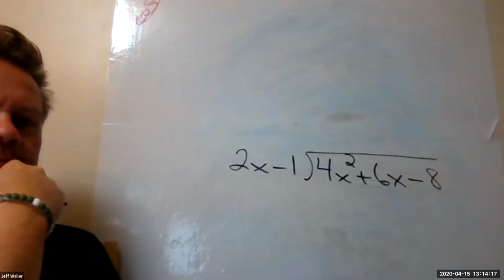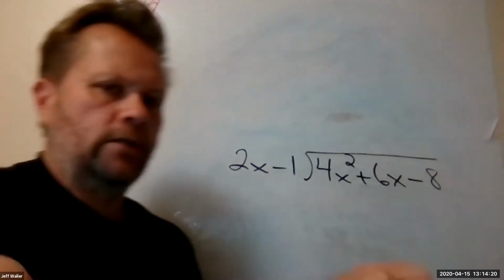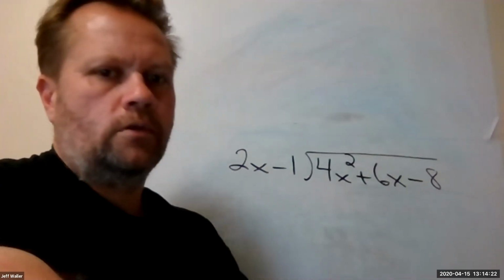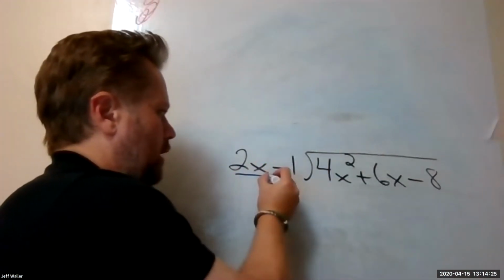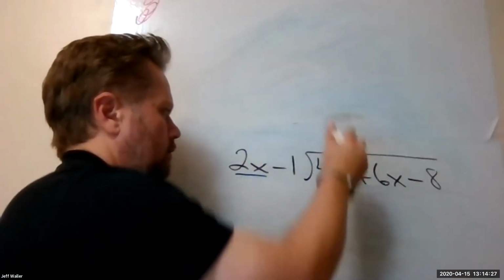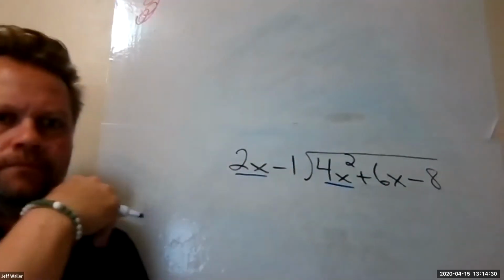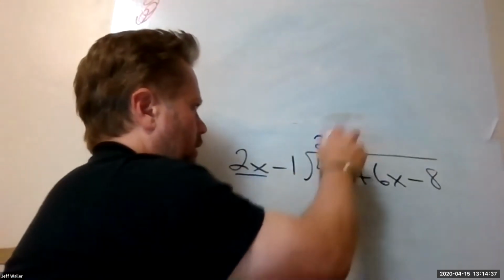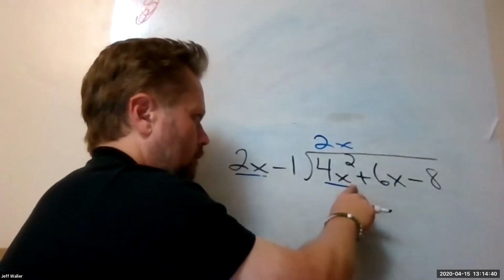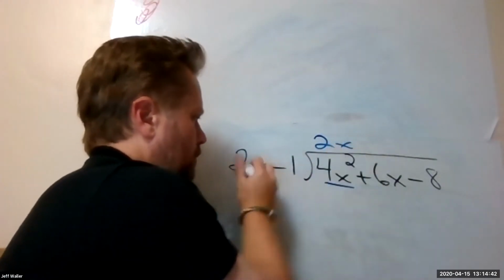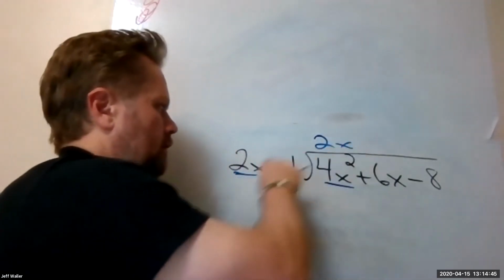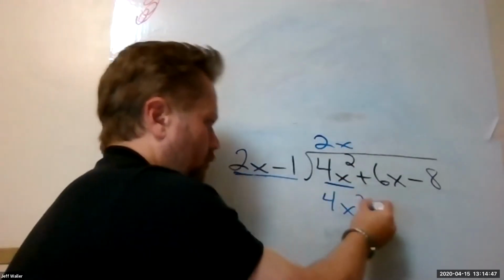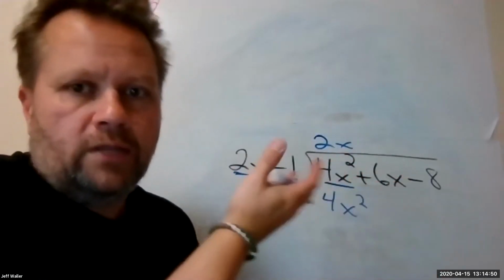So to get it started, you look at 2x times what is 4x squared? 2x, right? 2 to make 4, and another x to make x squared. Then I multiply this by this whole thing. 2x times 2x is, of course, 4x squared, right? That's where it came from. That's why I put it there. 4x squared. And then 2x times negative 1